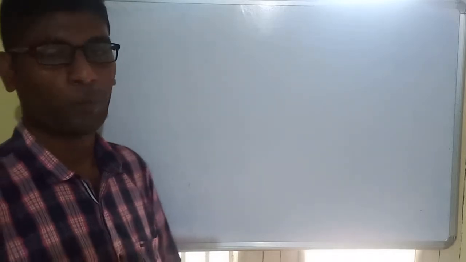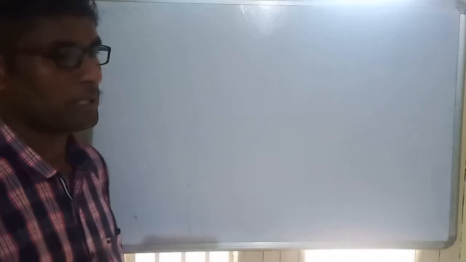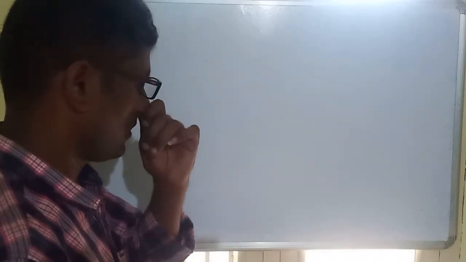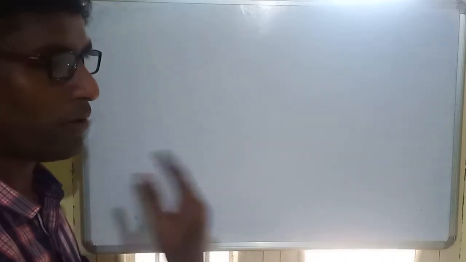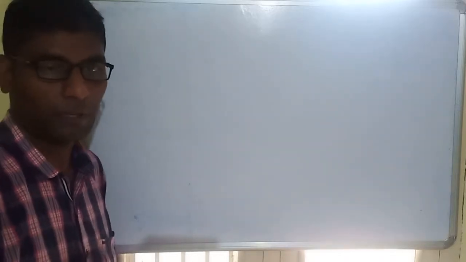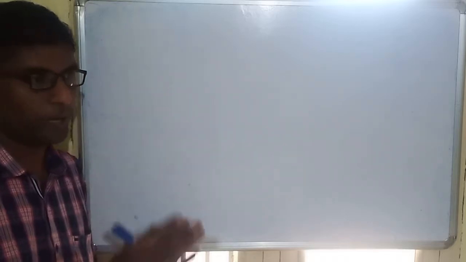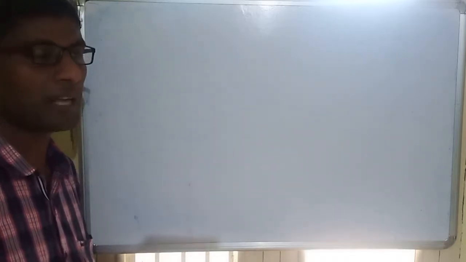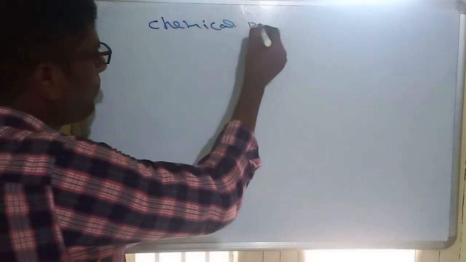So in the 16th group we completed physical properties. Now we will start chemical properties. In the last class we completed oxidation states. The common oxidation states of the 16th group are from -2 to +6. So -2 is the minimum, +6 is the maximum. Now we will see some chemical properties.